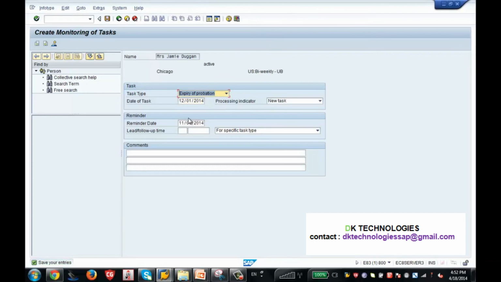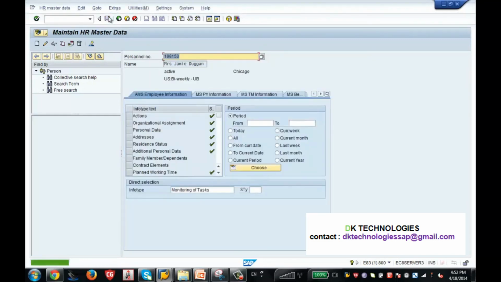The system automatically calculated November because this was a 1 month lead time, because in the configuration I told the system that it is a 1 month lead time. So the actual date of task is December 1st, but the reminder is 1 month before, which is nothing but 1st of November. So basically you save it. This is info type 19.